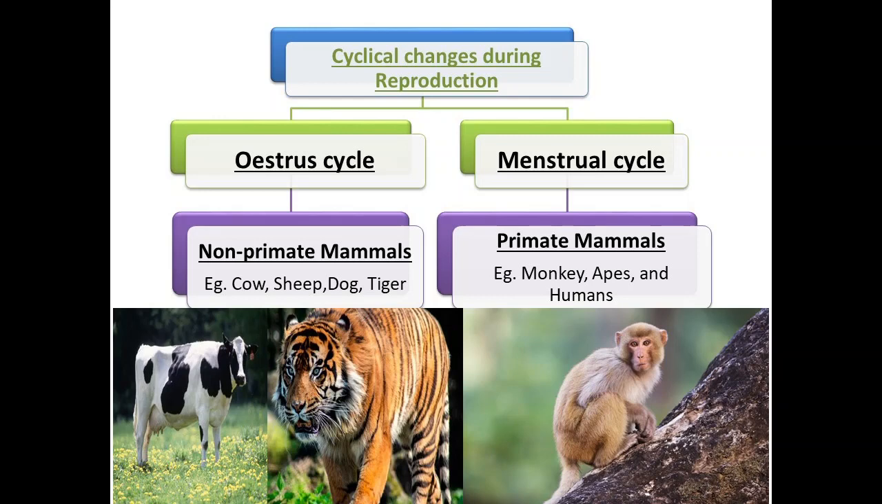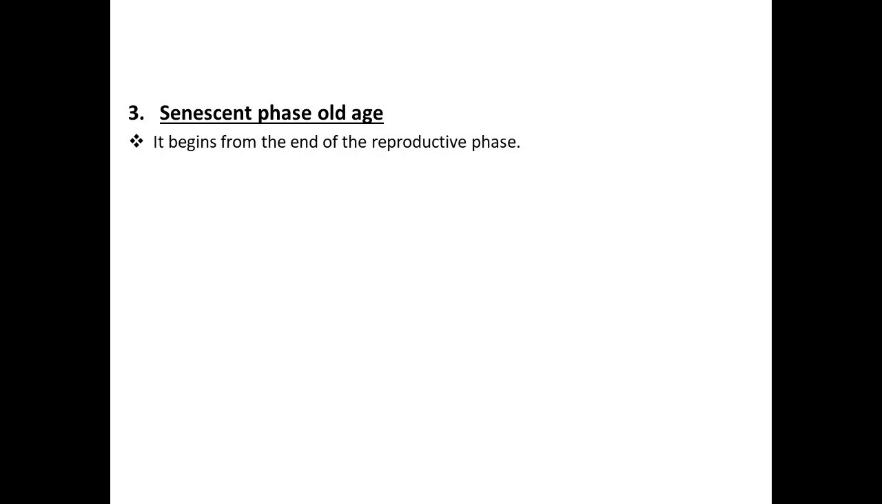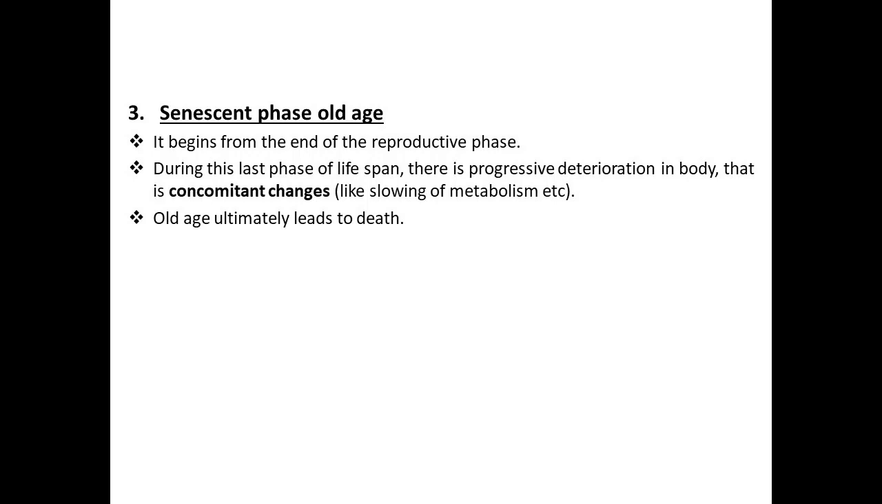The third phase in sexual reproduction is the senescent phase or old age. As the name indicates, there is deterioration of metabolism and all the systems in the last phase of the lifespan. For this, one word used for the slowing down of metabolism is concomitant changes. Concomitant changes mean slowing down of metabolism, and that old age finally leads to death. So then the second